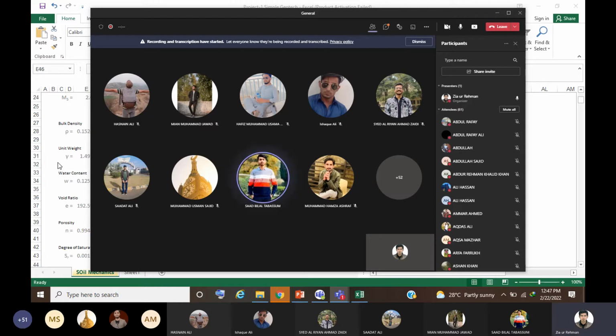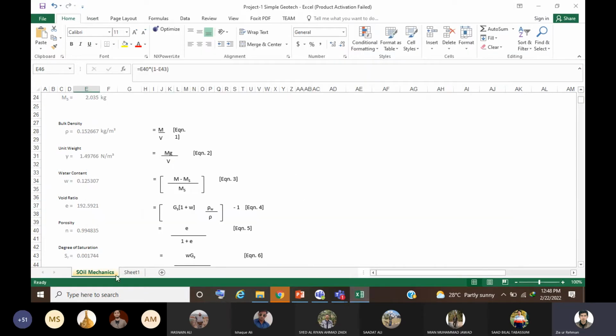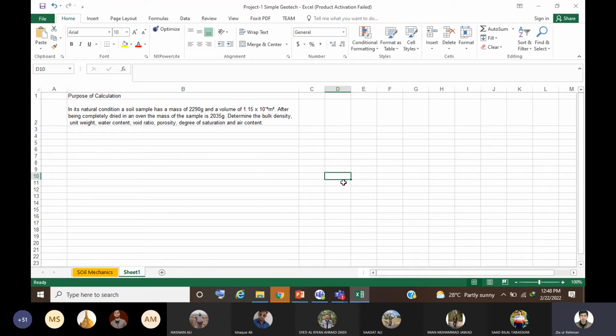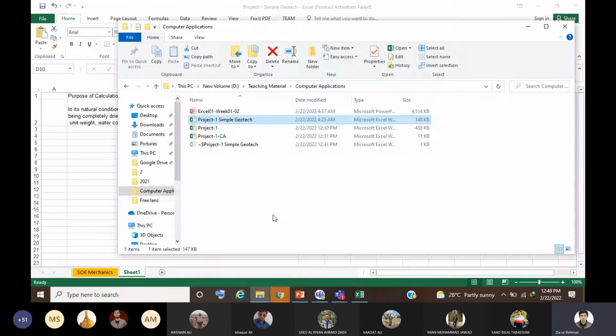Sir, as you told earlier, there is a function in Excel to auto predict the text in a column. Is there any function or option for rows to auto predict? I said that this autocomplete function, because we are using the default